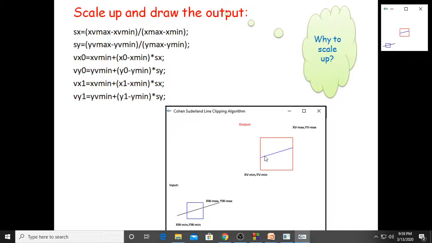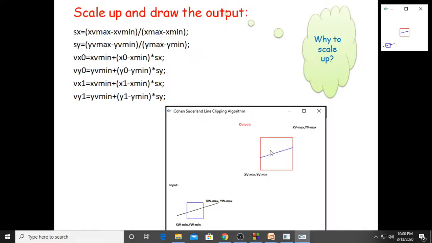So what operation will we perform? We can do scaling. So this line will be scaled up according to this output window. You find the scaling factor on the x side and y side. Here the formula is Sx, the scaling factor on the x side, and Sy, the scaling factor on the y side. And this scaling factor you multiply with your viewport window. This is the viewport window Vx0, Vy0, Vx1, Vy1.